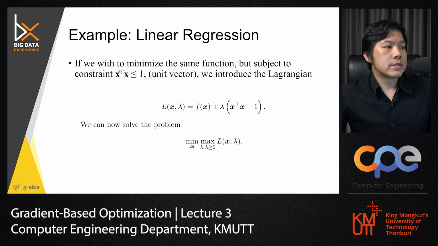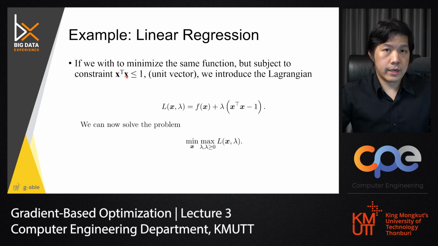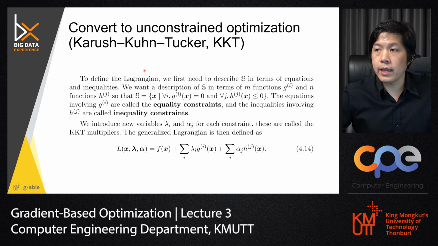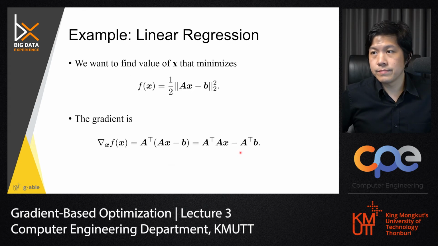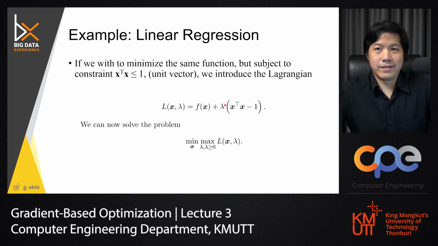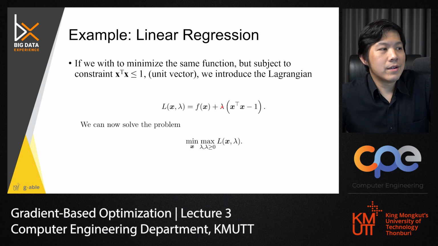So this can be translated into a constraint in an equation like this: x transpose x minus 1, because if you move the -1 to the left hand side, then we get, as KKT suggested, this h(x), right? This h(x) less than or equal to 0, and we can put h(x) and alpha here. We have this h(x) and lambda, never mind, just one parameter, lambda here. I think they try to make this equal 0, but never mind that, less than or equal to 0. So you get some